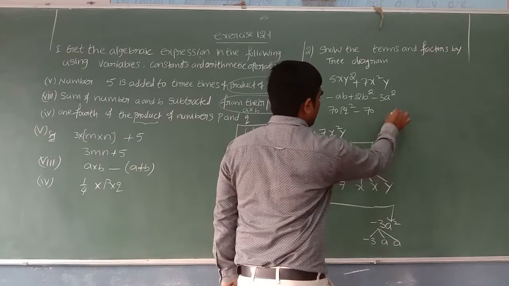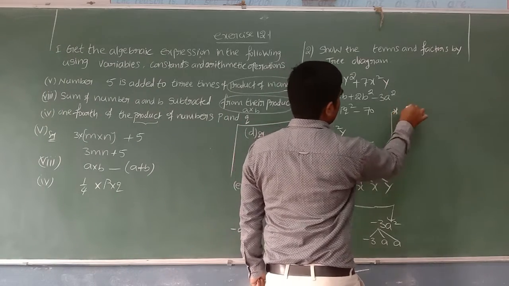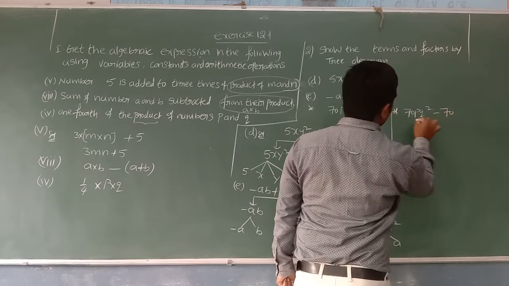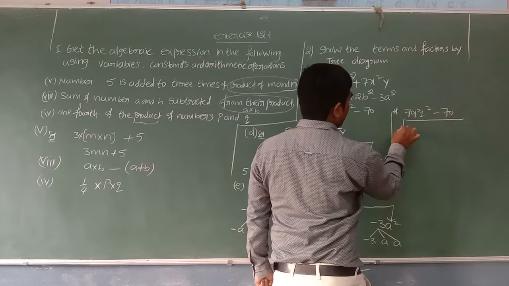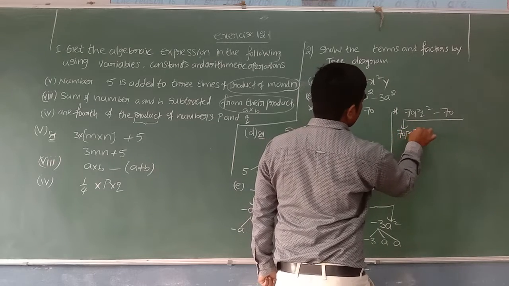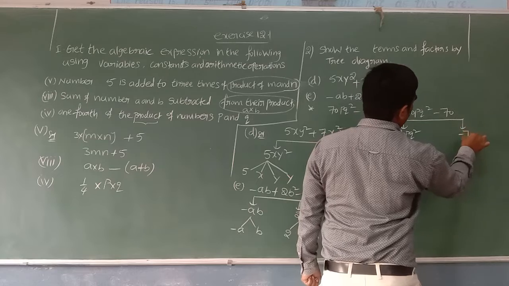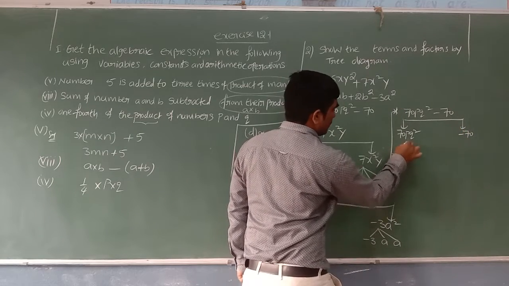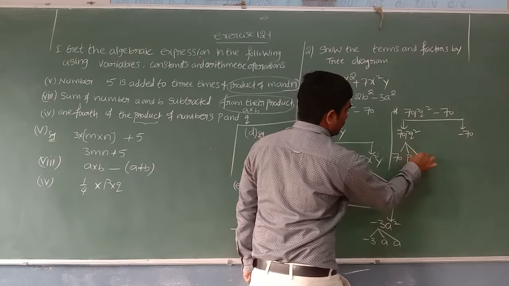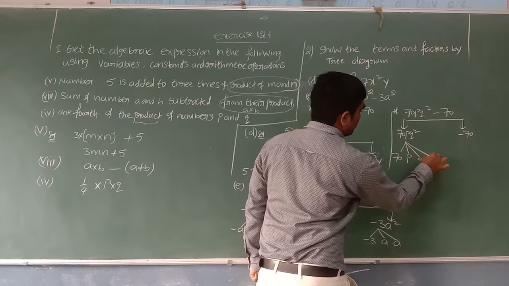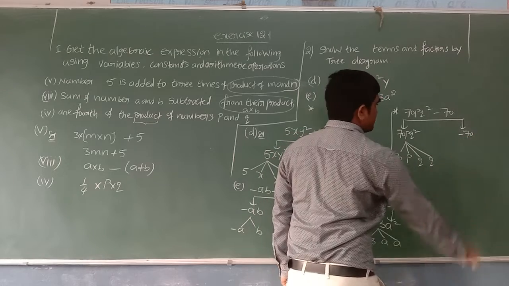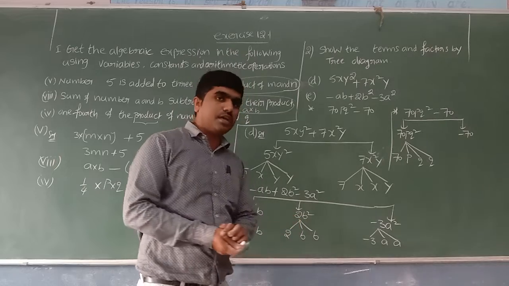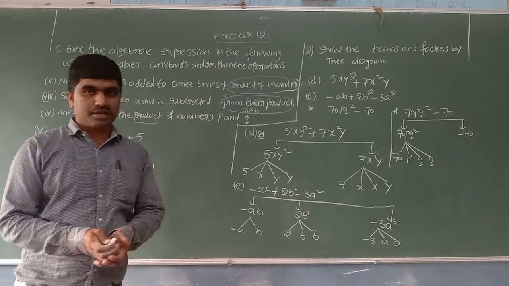And let's see one more. The expression 70pq square minus 70. Here I can see 2 terms. One is 70pq square and the other one is minus 70. Here we can write it is the product of 70 into p into q power 2, means q into q. And this minus 70 is the constant. No need to write like 7 into 10. Constant means if it is constant you can write it as is. Hope it is clear.